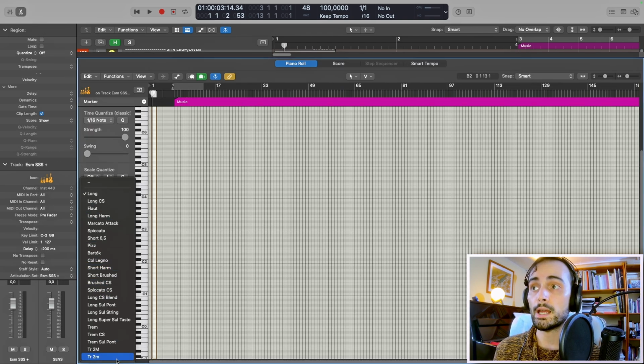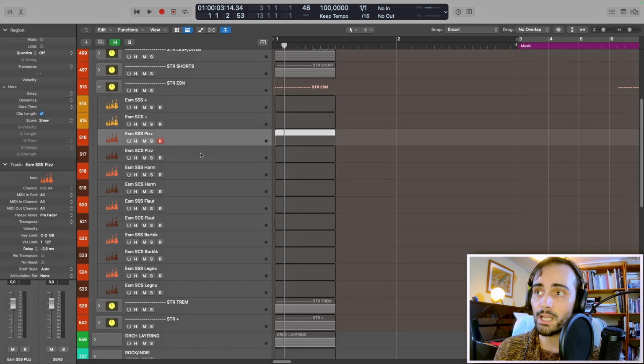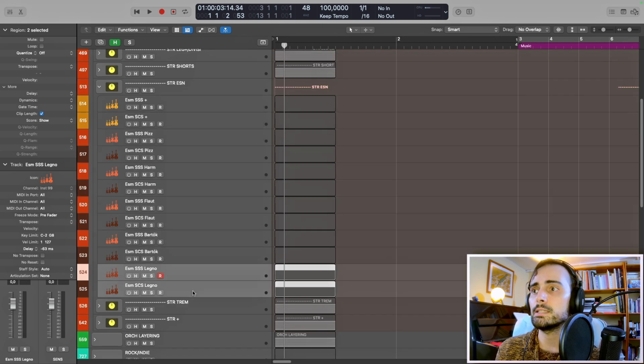The first two tracks have all the articulations available for Spitfire Symphonic Strings and Chamber Strings, and the rest of them work in twos, in pairs, as you can see. And they are articulations that I use most of the time, or more than others, and have got a more fine-tuned volume balancing. They are articulations that, in my view, wouldn't warrant having them written on specific instrument tracks, meaning